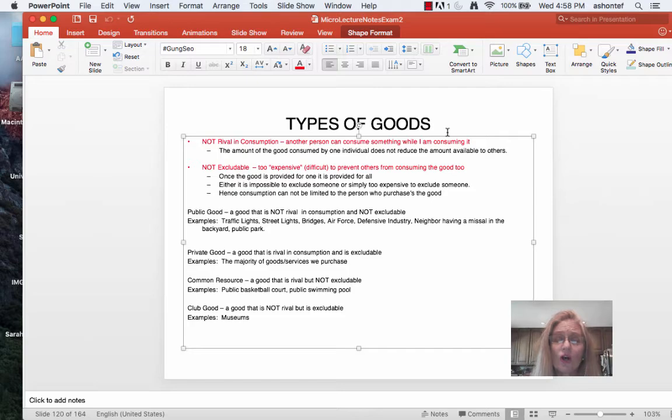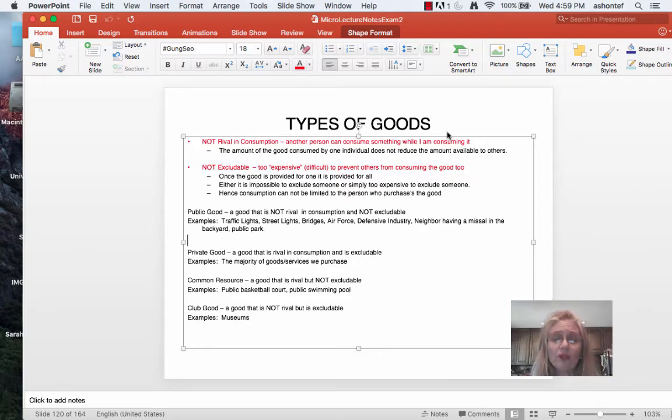So in general, most goods are what we call private goods. They're goods that are both rival in consumption and excludable. And private goods are pretty much the majority of goods and services we're purchasing every single day. They don't cause issues in a society. Where the real problem comes into play are with public goods. And the overall outcome with public goods that we generally will find is the government just simply needs to be the ones to provide that product.